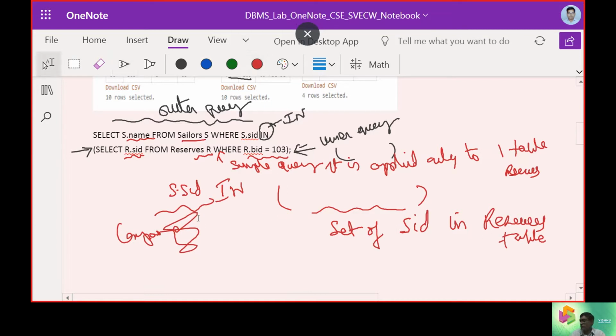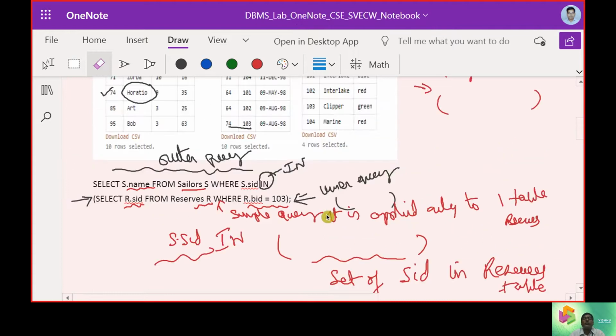Compare for names, which are going to be part of the sailors table.